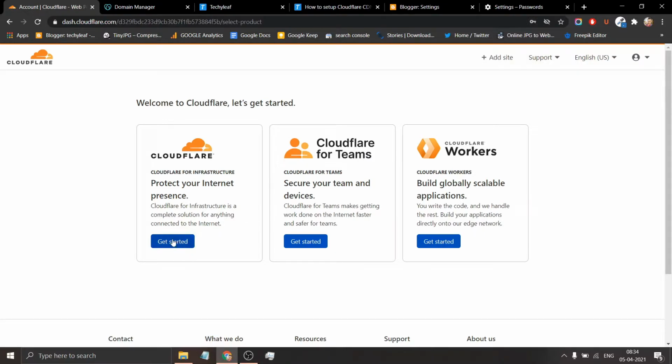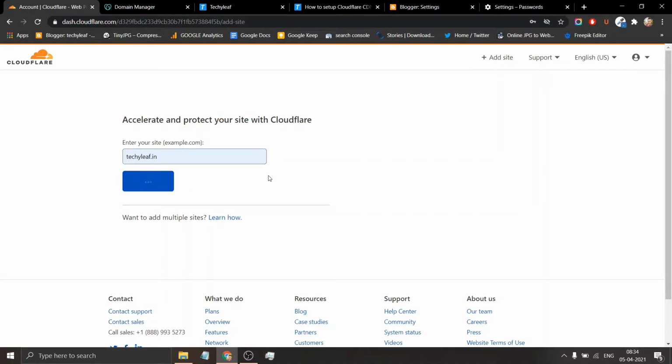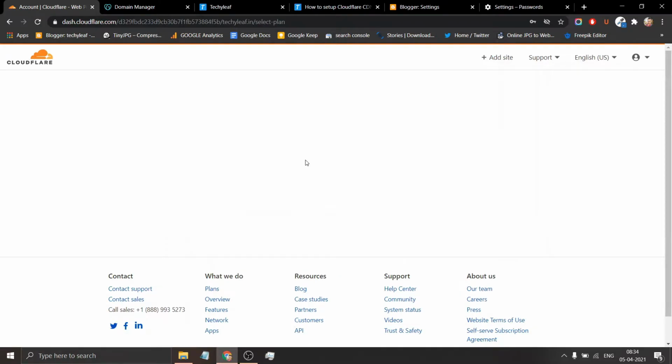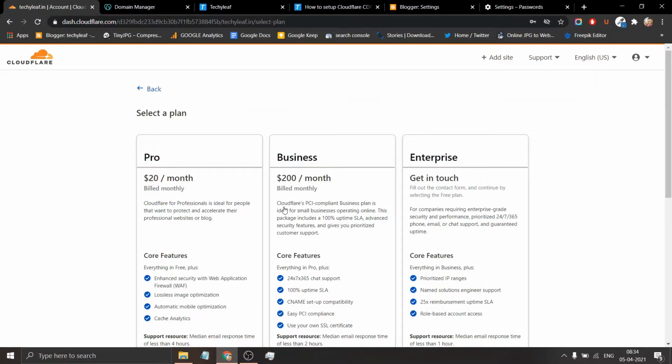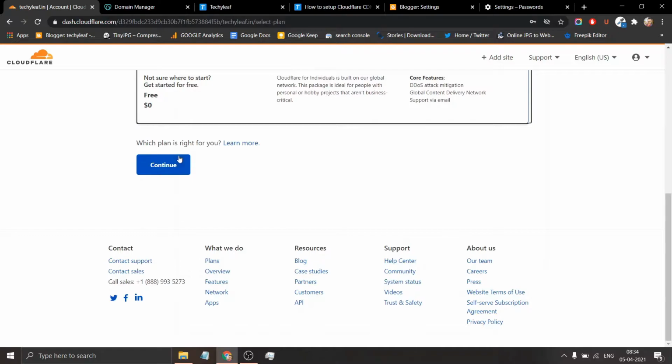Now click on the first option, add your domain name and click on add site. Now you will see 4 plans. Click on the free plan and click on continue.